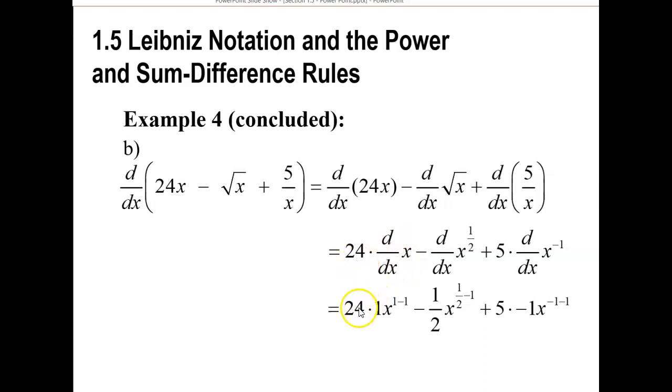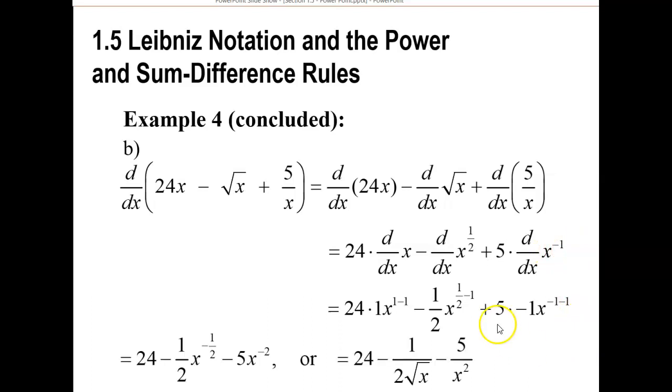So we got the 24 in the front, though, so it's going to be 24 times 1. Here, the 1/2 comes down to the front. 1/2 minus 1 becomes the new exponent. And here, the -1 comes down to the front as the coefficient, and the new exponent is -1 minus 1. So we end up getting 1 minus 1 is 0, so x to the 0 is 1 times 24, that's